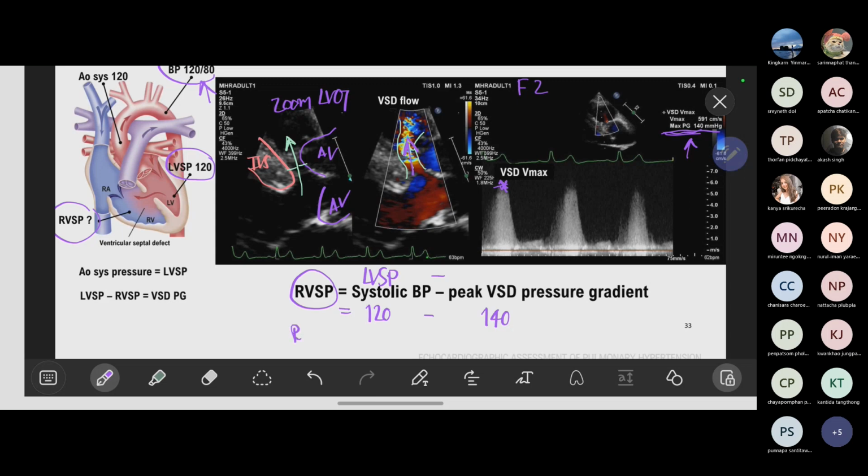Then you will get RVSP, but I assume 120, and it's less than 140. Actually, it should be more than the VSD pressure gradient, because this is left-to-right shunt flow. อันนี้เข้าใจนะคะ เข้าใจนะ มันแค่ตัวเลขเยอะไปหน่อย